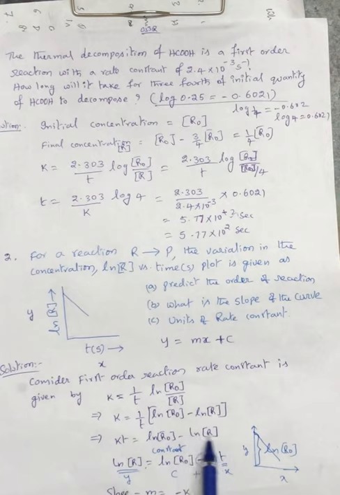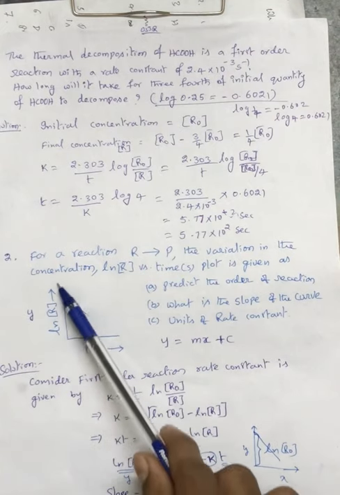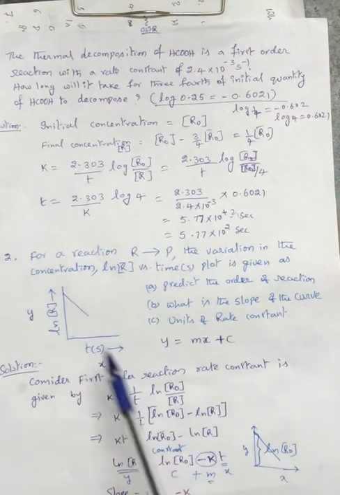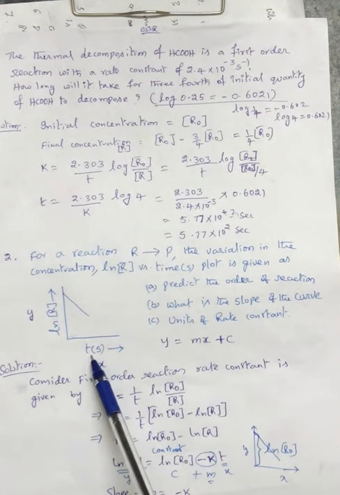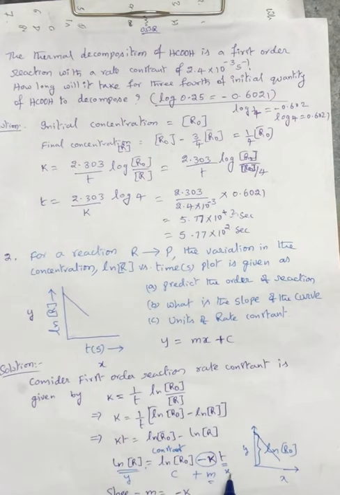Okay, so ln R is the variable, here it was given as y, so you consider this as y. So you take this to the left hand side, then ln R equal to ln R naught minus kt, that will go that side. So now consider this as y. For the x-axis, what should we take? t, so you consider t as x, then ln R is the y, so y equal to mx plus c.